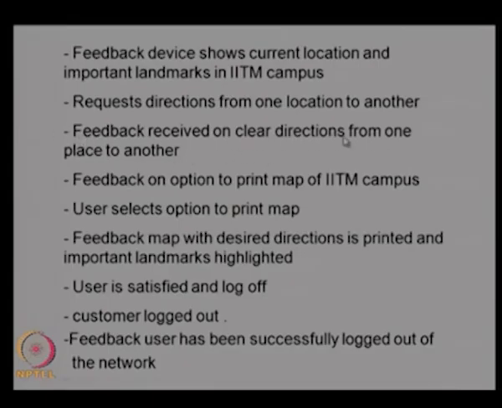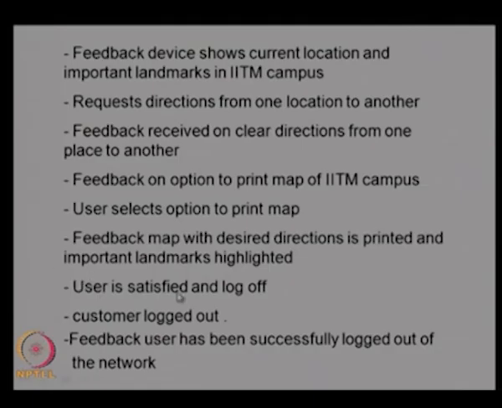So this direction will be shown on the map, or any form of feedback, either in the form of a map or a printout, will be given. And then the option to print the map of the IITM campus. If he wants, he can print the map, and the user selects the option to print the map, and then the map with the desired direction is printed with the important landmarks highlighted. Again the feedback will be given to the user that the map has been printed with the landmarks highlighted,